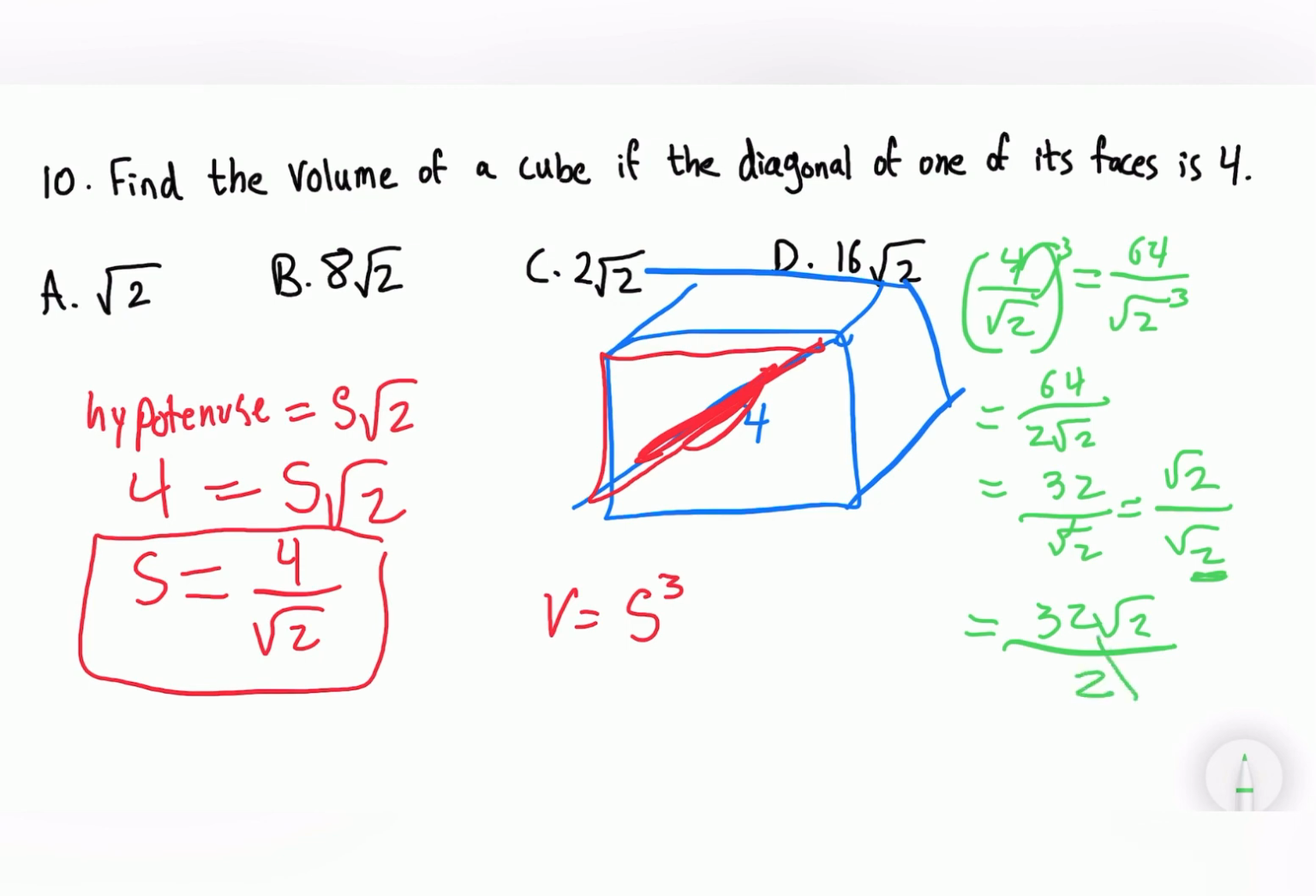So let's divide. What is 32 divided by 2? 32 divided by 2 is 16. And then we have radical of 2 left, which is our answer now. And we look for that in the choices and we locate it. It's letter D. We have solved our final problem, and I'm so glad you guys pushed through 10 problems of